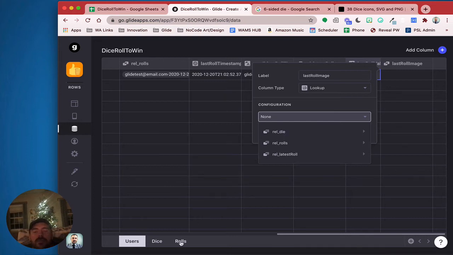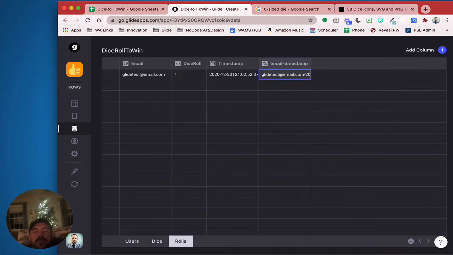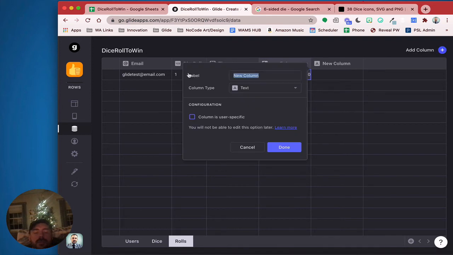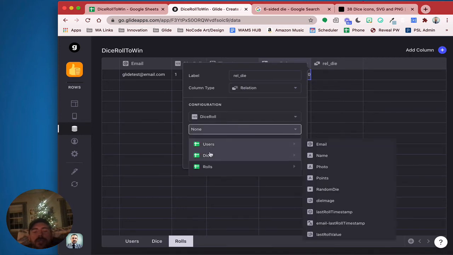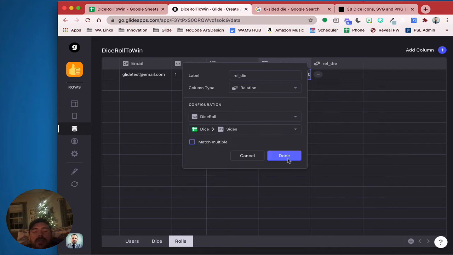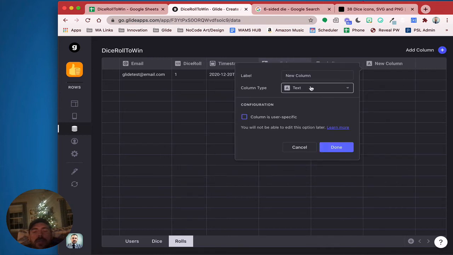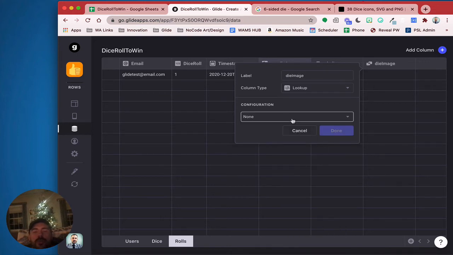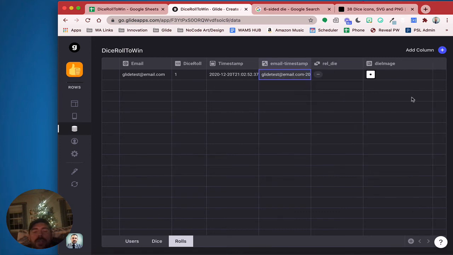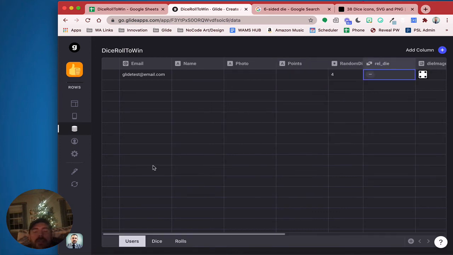Okay, so hang tight. So here, I also need to do a rel. So this is the rolls. I need to relate to the die. So I'm going to relate the dice roll to the die size. And then I'm going to do a lookup of the die image. So this is a lookup of the die image. Done. Okay, so now that this is in the rolls, now I can grab it and pull it into the